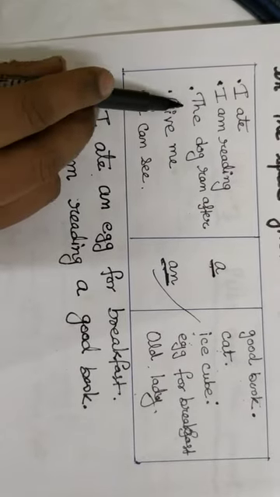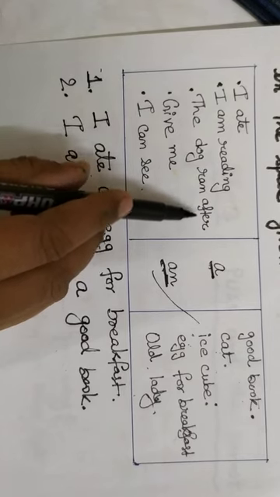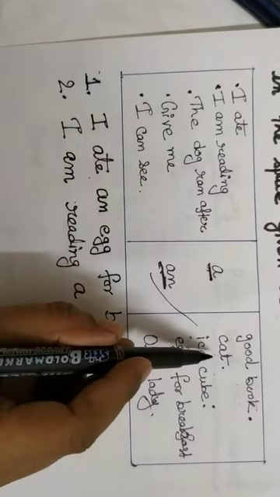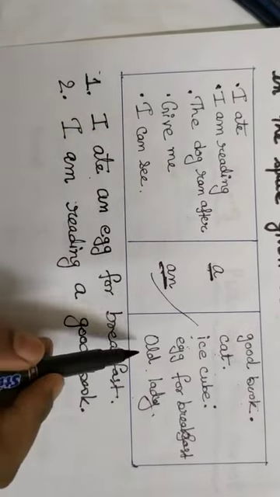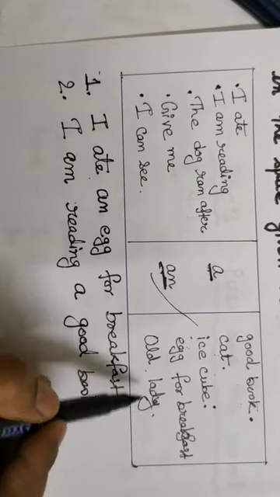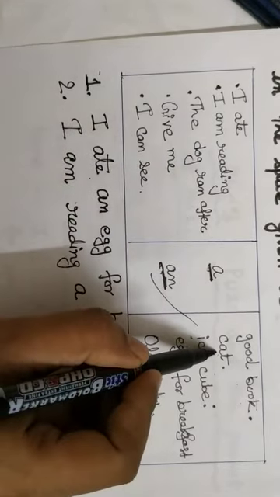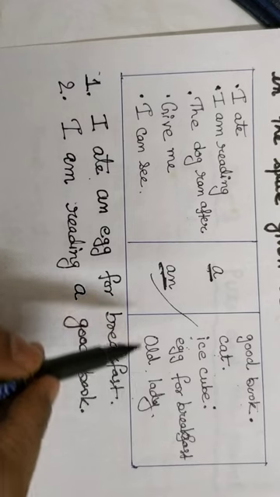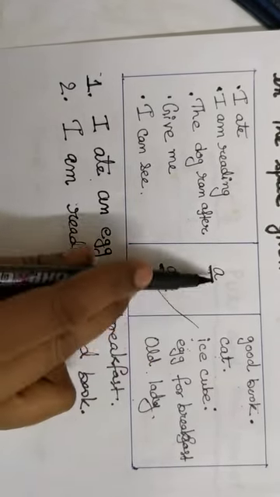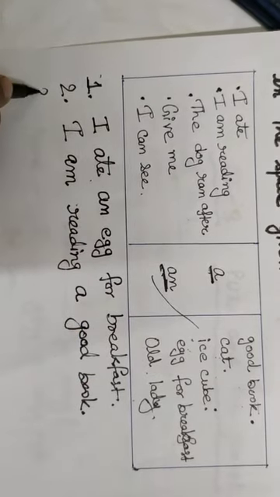Again, the dog ran after. Dog किसके पीछे भागता है? Ran after means पीछे भागना. The dog ran after generally a cat. You can make it another way also. The dog ran after an old lady also. You can. But the logical sentence will be the dog ran after a cat. अगर old lady के पीछे dog भागा तो आप an old lady यूज़ करेंगे. Cat के पीछे भागेगा तो a cat. Okay? The dog ran after a cat.